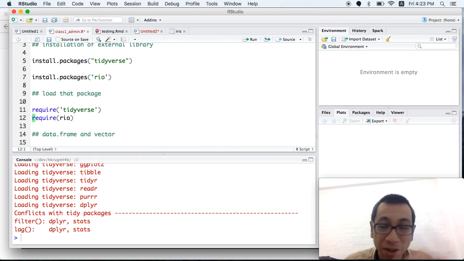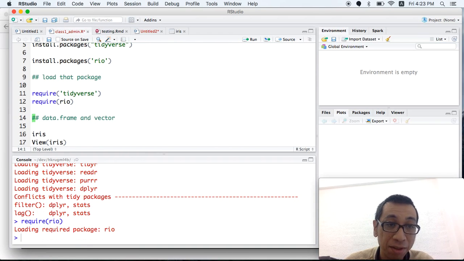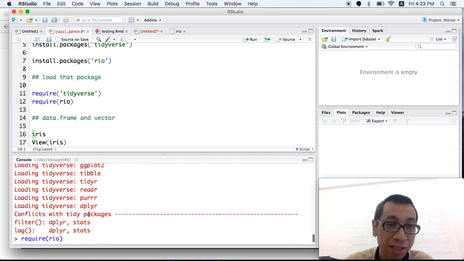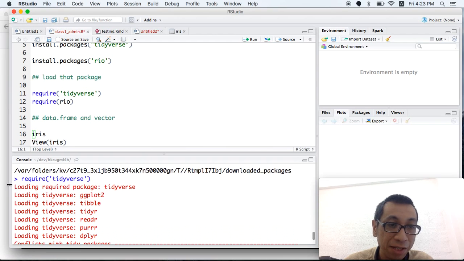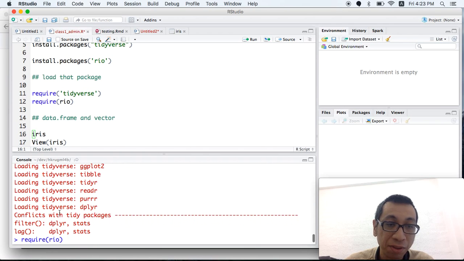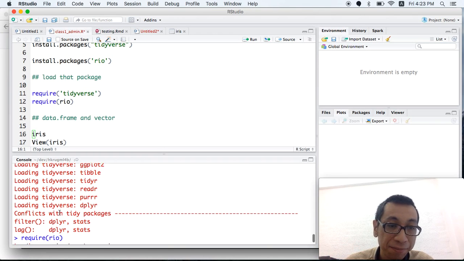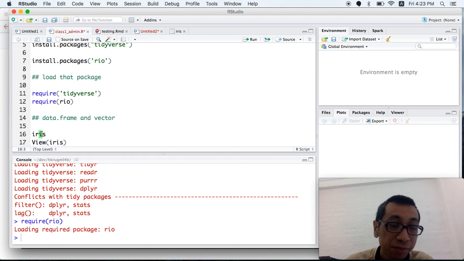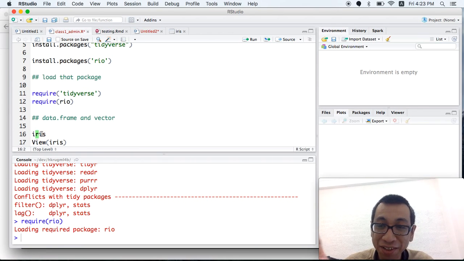You can require(rio) if you like, but it is not necessary. If you installed it correctly, you can see something like loading required package: tidyverse, and then loading all the other packages bundled inside tidyverse. If you cannot get it, meaning it says error or something, email me.